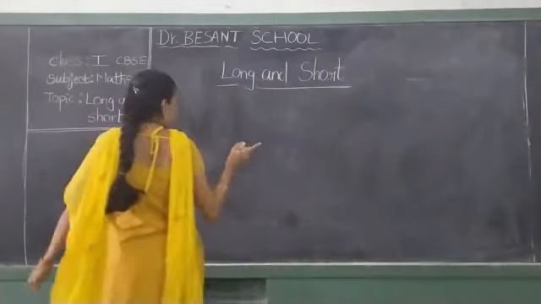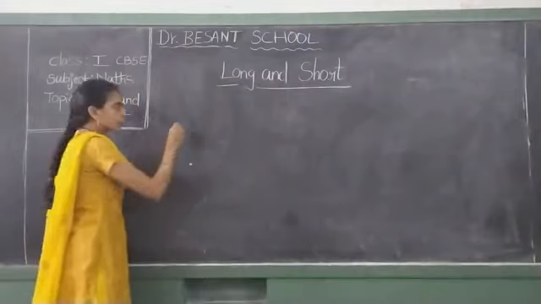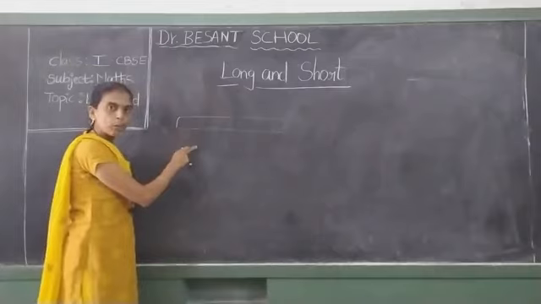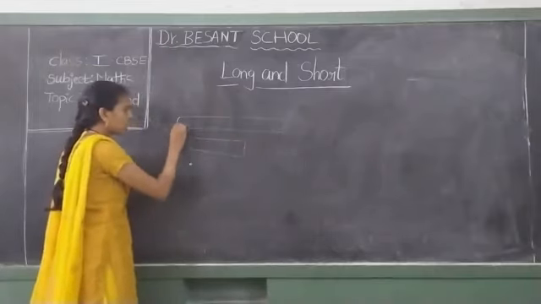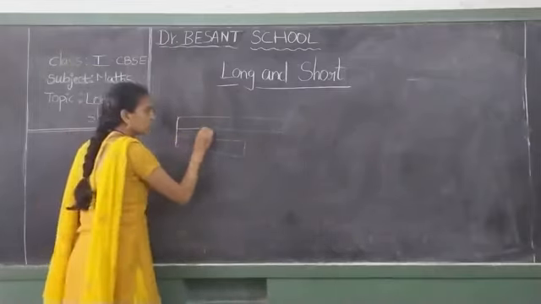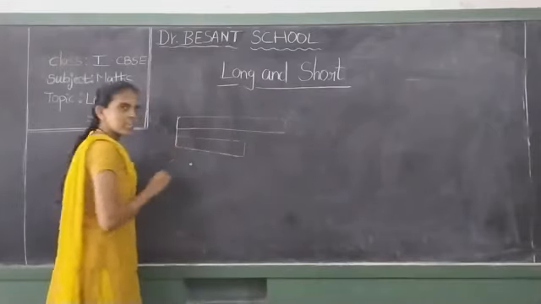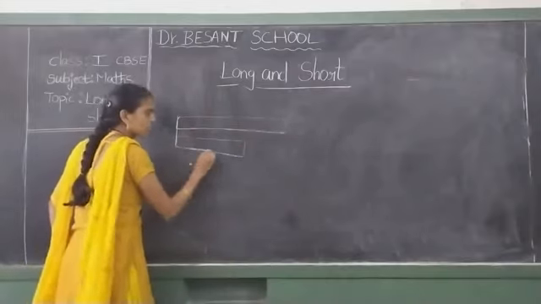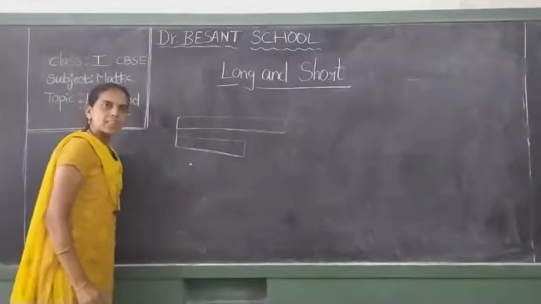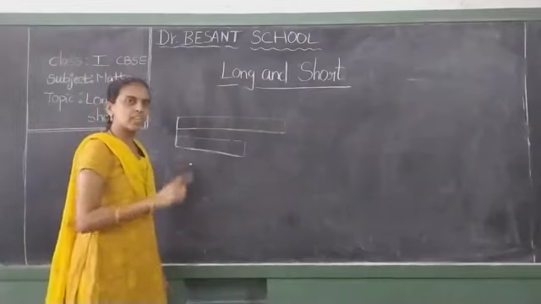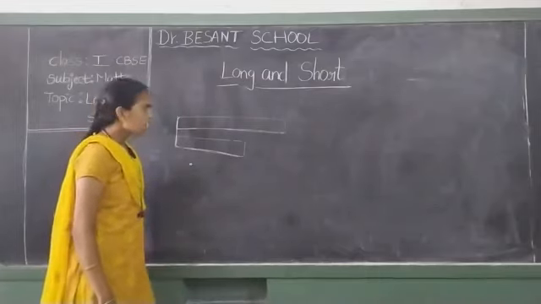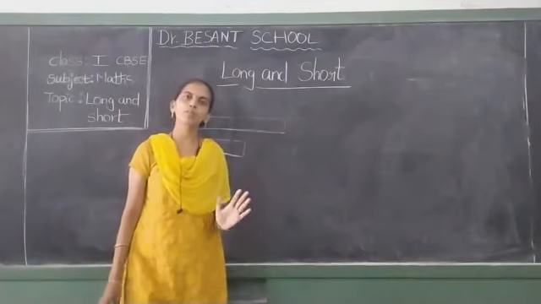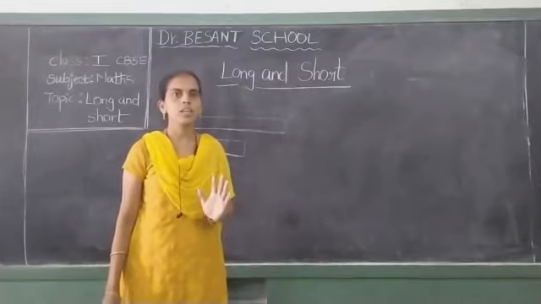Okay. See, in the previous class I explained through your textbook, they have given some belts, a black belt and a yellow belt. So what are we observing here? Here we are observing the length of these belts. Based on this length, the length of this black belt and the length of this yellow belt, as I have explained in the previous class. Okay. Today I am going to tell you where to use the words longest and shortest.